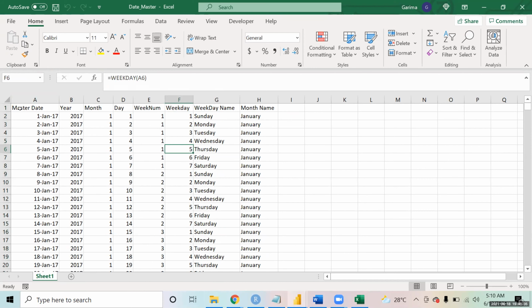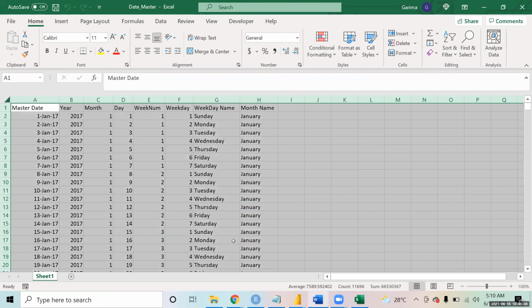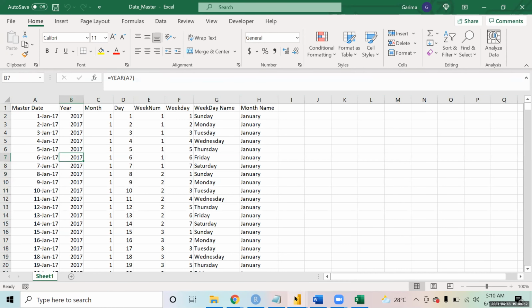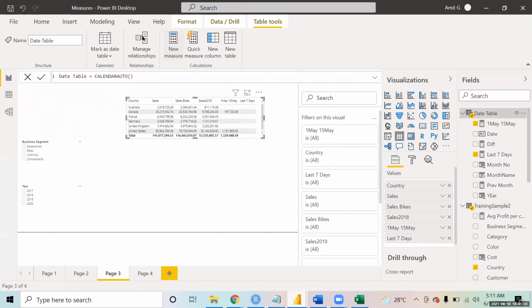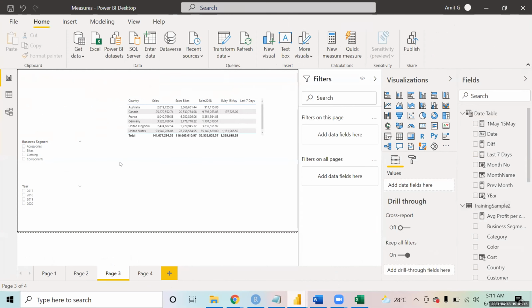You can upload this data from here, or you can make the calendar table with the help of the other functions that you have. So either you use the calendar function or you load the data from here. Whatever suits, you can make the date table any which way. The technique will remain the same. Once this data is loaded in Power BI, you select that table. Like yesterday, we came to this table and said mark as date table. This is exactly what we do with the data that you load as well.